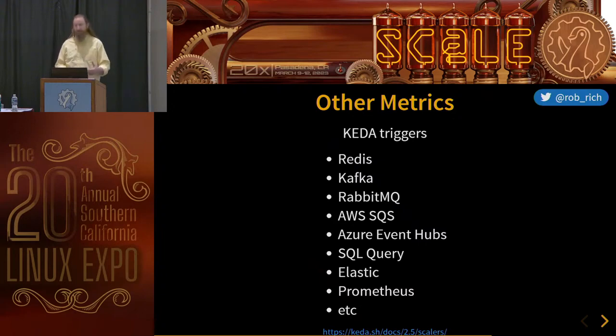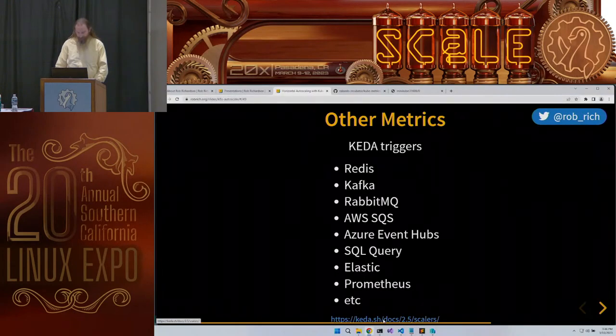If we have Prometheus metrics, the Prometheus adapter is going to be great because we're probably harvesting Prometheus details and we don't need a lot of additional weight. But if we want to scale on something else, KEDA is a good first stop to look at because they have a whole lot of adapters: Redis, Kafka, RabbitMQ, AWS SQS, Azure Event Hubs, a SQL query to MySQL, Postgres, or MS SQL, also queries to MongoDB and InfluxDB, Elastic, Prometheus, and I'll pop open this page because it's just amazing.